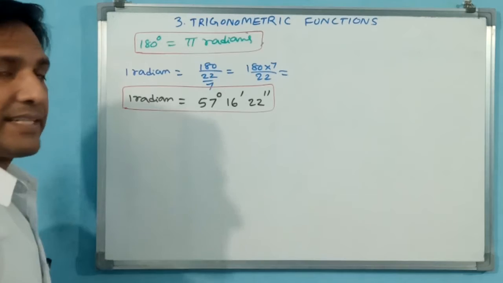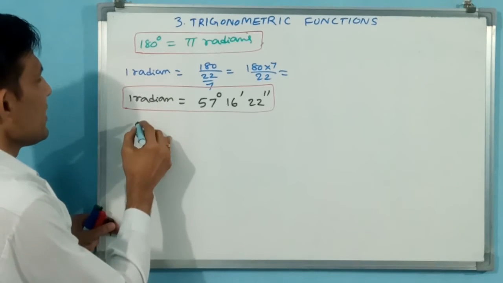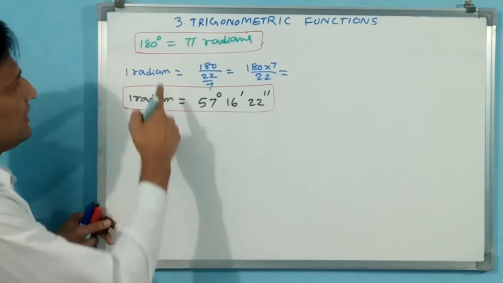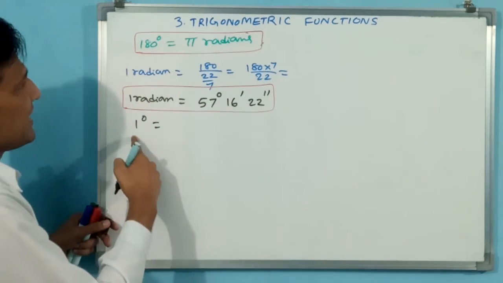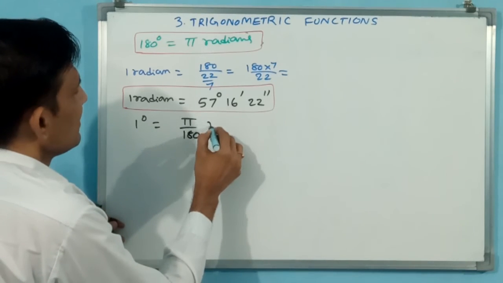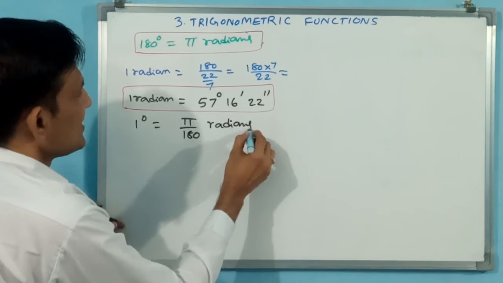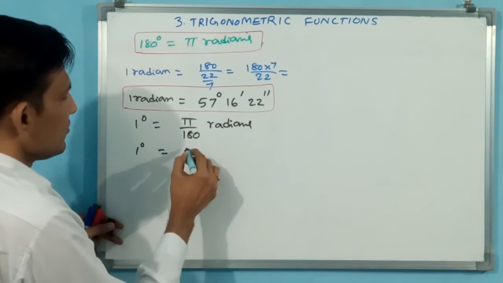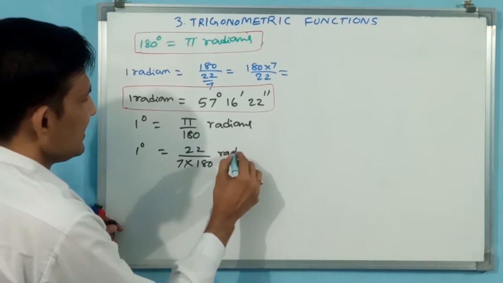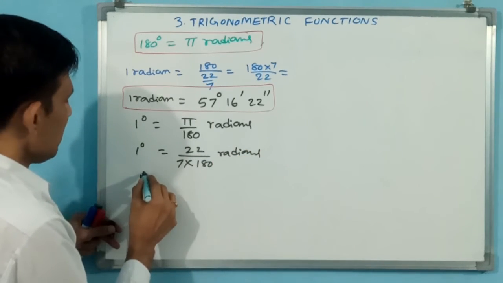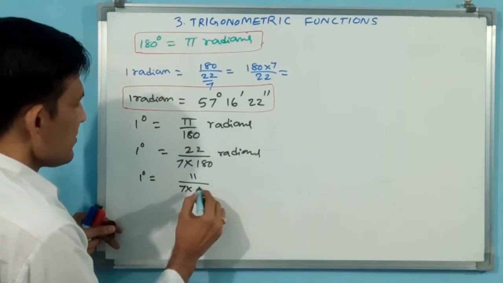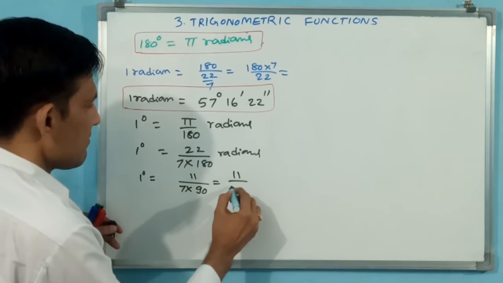Okay, now let us calculate degrees to radians. One degree is equal to how many radians? 180 degrees is equal to pi radians, which means 1 degree is equal to pi by 180 radians. That is 1 degree equal to 22 by 7 into 180 radians, which is 11 by 7 into 90, that is 11 by